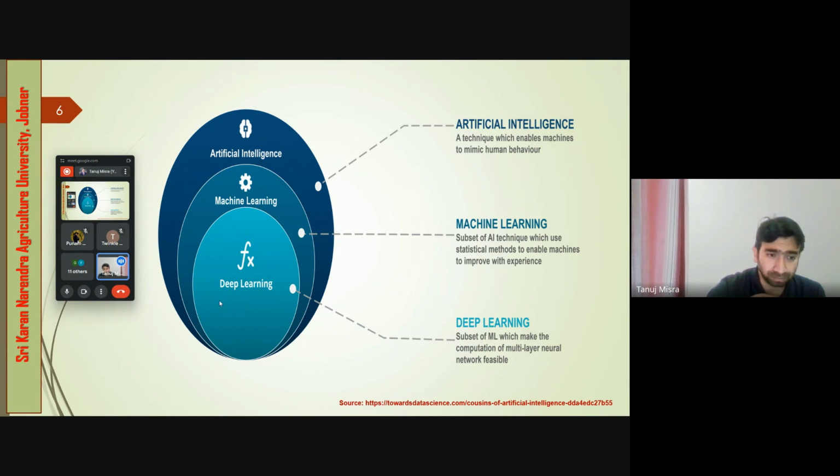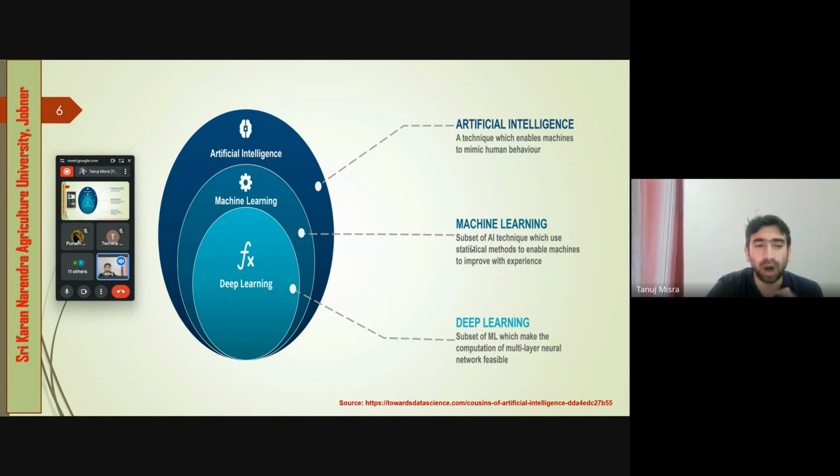So these technologies help to learn from the data sets. That's the beauty of this. So what is artificial intelligence overall? It's a technique which enables a machine to mimic the human brain, as we use the popular term, mimicry. The human behavior, the machine will do like a human does.